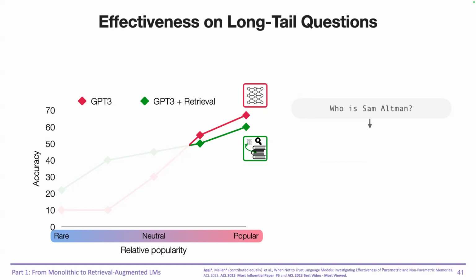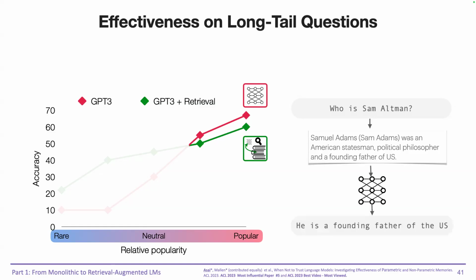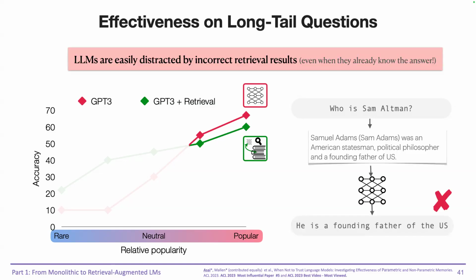Retrieval systems are not always perfect. They sometimes fetch the wrong information. For instance, instead of retrieving documents about Sam Altman, they might return results about Sam Adams. Since language models already have knowledge, we might expect the performance to stay the same even when retrieval fails. However, we found that language models can be easily misled by unhelpful context, even when they originally knew the right